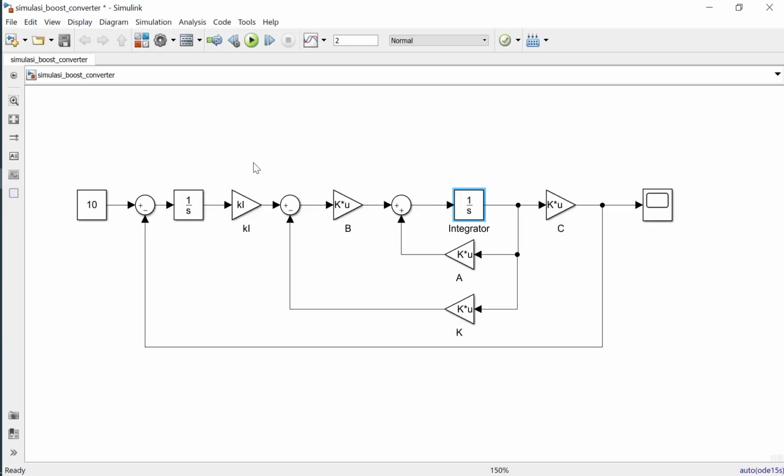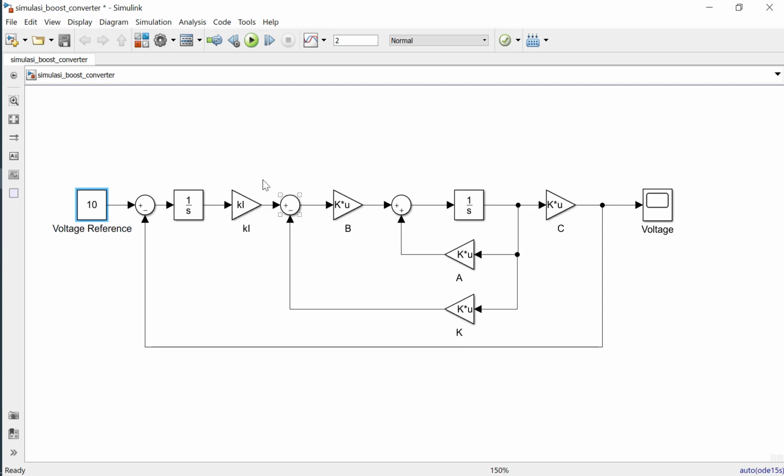After that, we can run the simulation. Okay, this is the set point. Sorry, I will give the name here. This is the voltage, and then this is the set point or reference voltage.